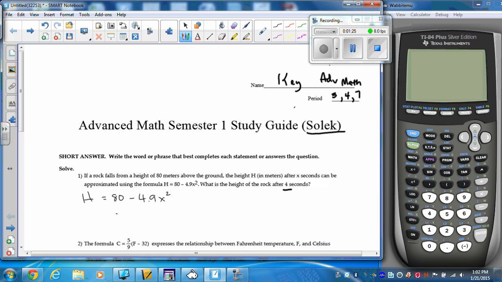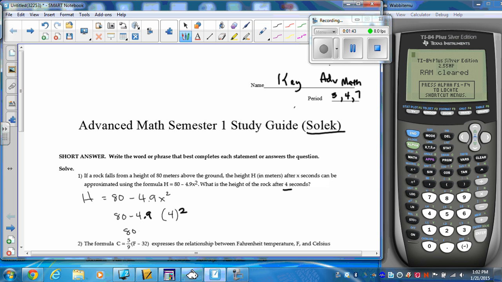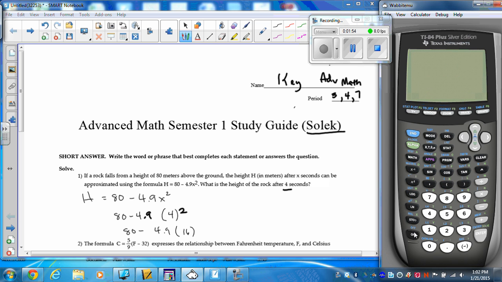So 80 minus 4.9 times 4 squared. And again, you only square the 4. So you would pick up your calculator, and 4 times 4 is 16. So 80 minus 4.9 times 16. And so back over to my calculator. Turned it on already, so 4.9 times 16